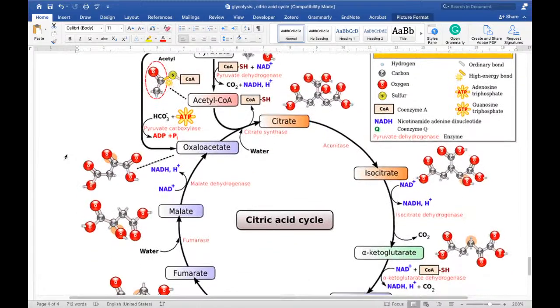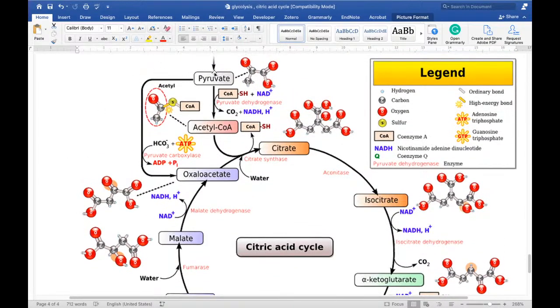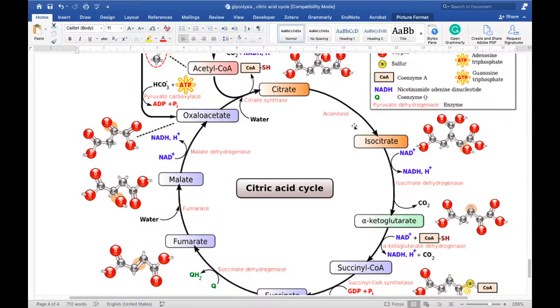So I will repeat this cycle. You have pyruvate being produced from glycolysis, and then from there you have acetyl coenzyme A, and then in the presence of citrate synthase and oxaloacetate it produces citrate. Beyond that, pyruvate could also produce oxaloacetate in the presence of HCO3 minus plus ATP, giving rise to ADP, with the pyruvate carboxylase enzyme. And then citrate produces isocitrate in the presence of aconitase.